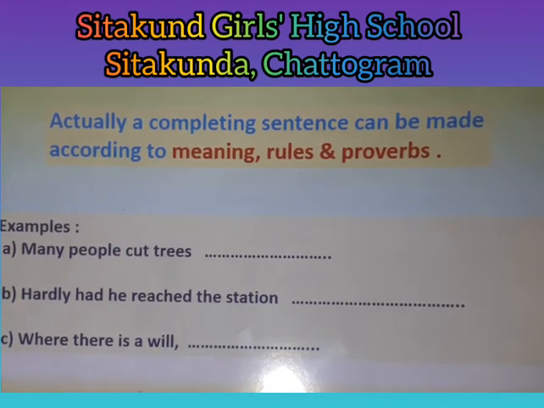So here, "many people cut trees" is an incomplete sentence. Actually these three examples are incomplete here. So you have to complete these sentences according to meaning, rules and proverbs. First sentence: many people cut trees. You can complete this sentence meaningfully, or according to meaning,